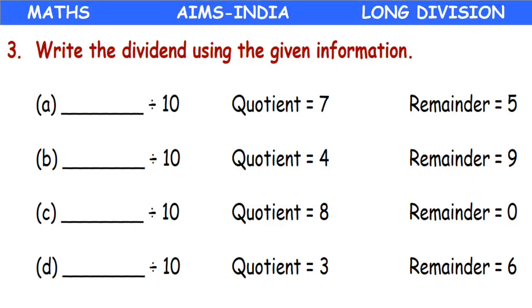I hope this was clear, children. What did we learn today? We learnt about the common mistakes made in division, and we learnt about multiplication and division problems. We also learnt how to divide using the number 10. Yes, even without actual division, now we can write the quotient and remainder when a number is divided by 10. And with this, we've come to the end of today's